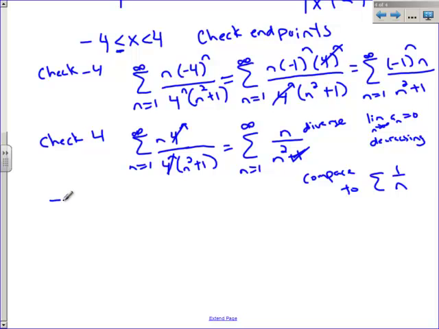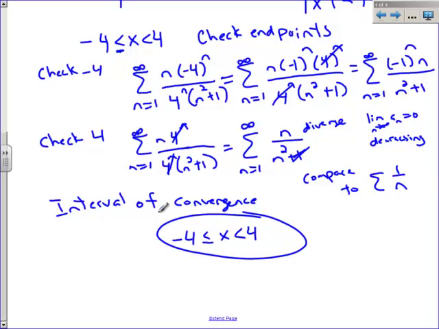So my final answer for the interval of convergence is -4 is less than or equal to x is less than 4. Okay, that's how you use the ratio test to find interval of convergence and radius of convergence,